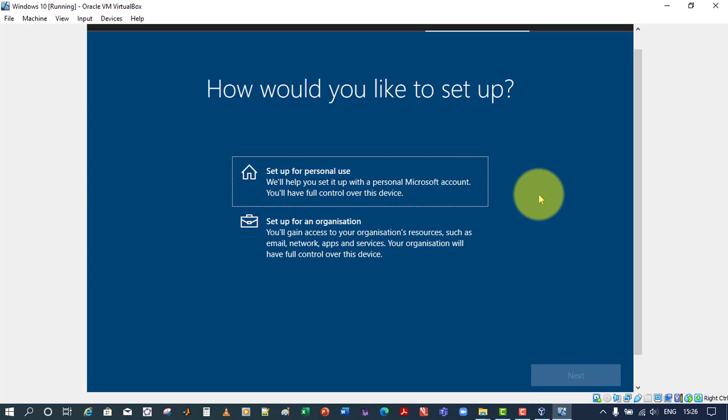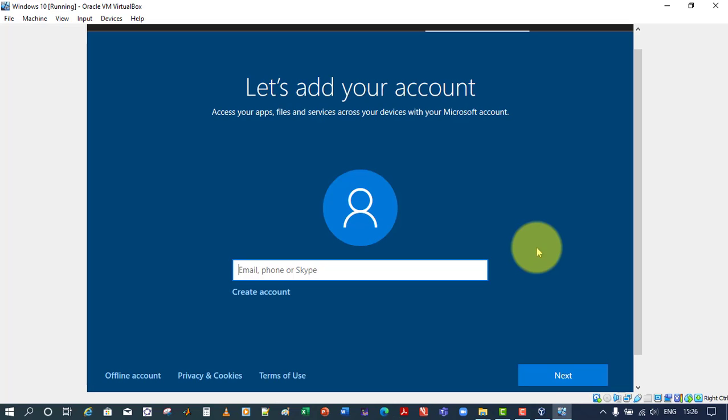Now we have to select the purpose of installation of Windows 10. Here I am going to use this for my personal use, so I am going to select setup for personal use. Click on next. Now there are two ways of getting started. Either you enter your Microsoft email address and password, or you go with an offline account. I am going to select offline account,